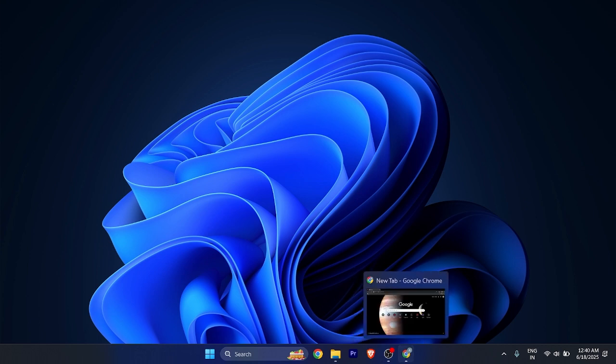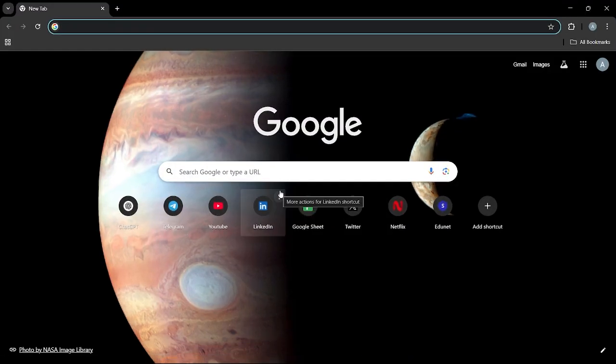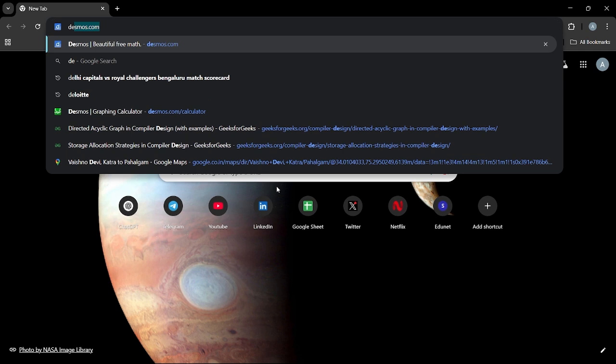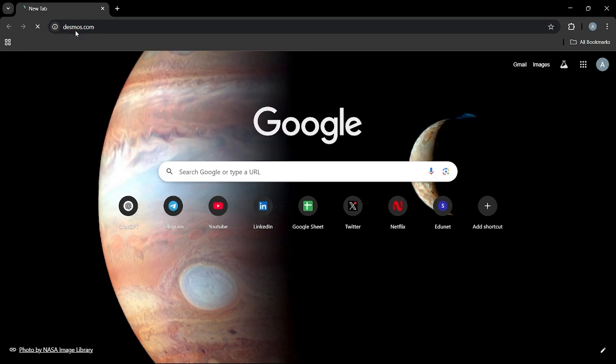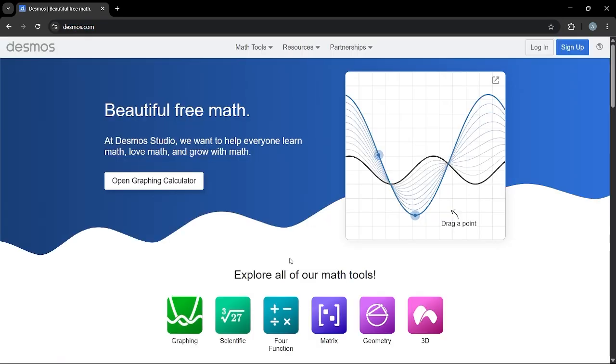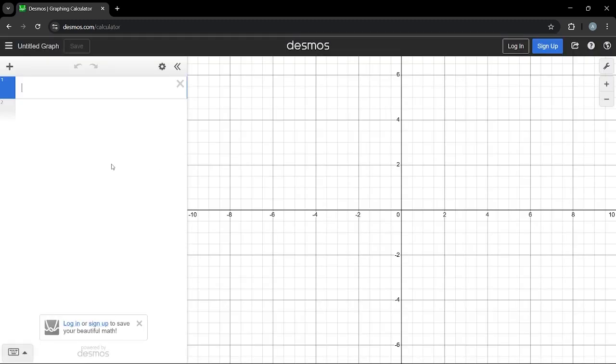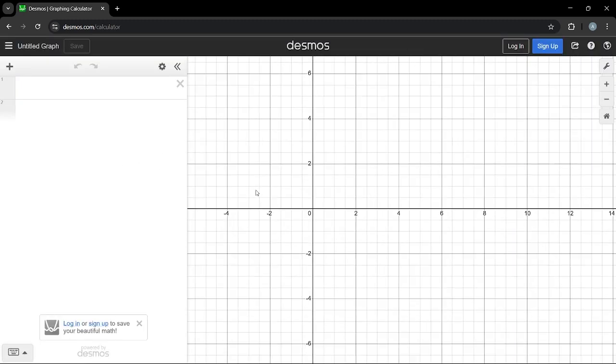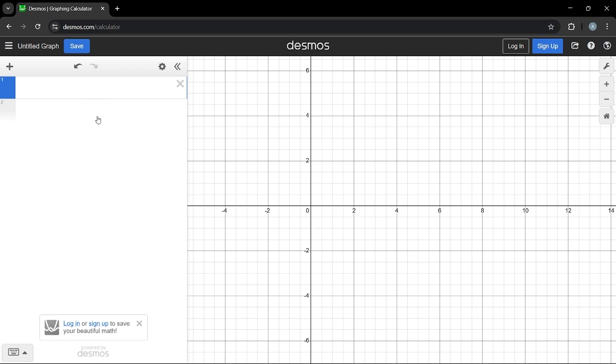Now, in order to do it, just simply open any browser you have, and in the search bar, all you need to do is search for desmos.com, which is spelled D-E-S-M-O-S dot com. Once you do it, just hit enter and go to the option which says open graphing calculator. Here you can see the path for it, and you can import your graph and create the graph